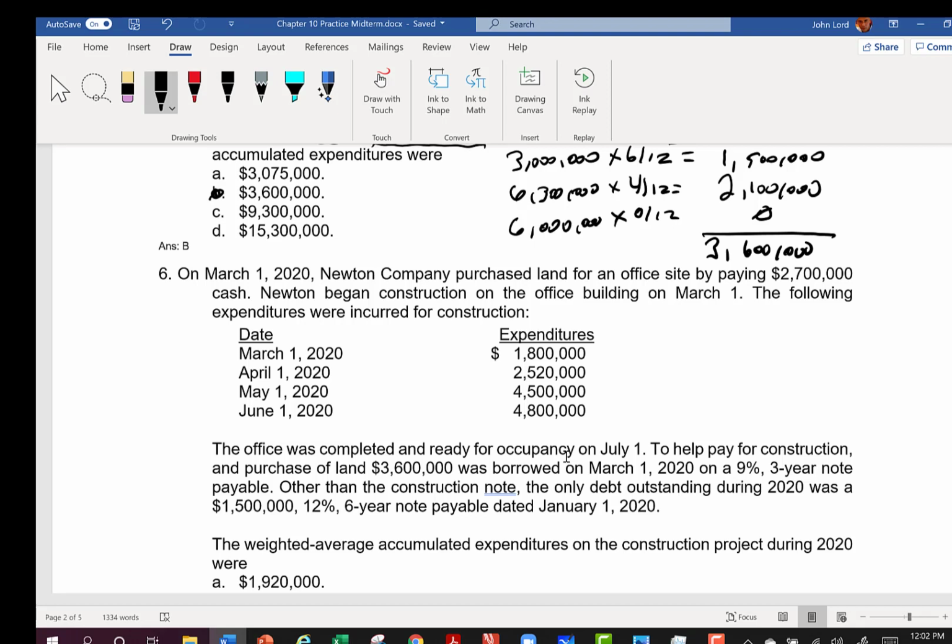So we start on March 1st, and we continue on, and they tell me the office was completed and ready for occupancy on July 1st, to help pay for construction and purchase of land. And we have